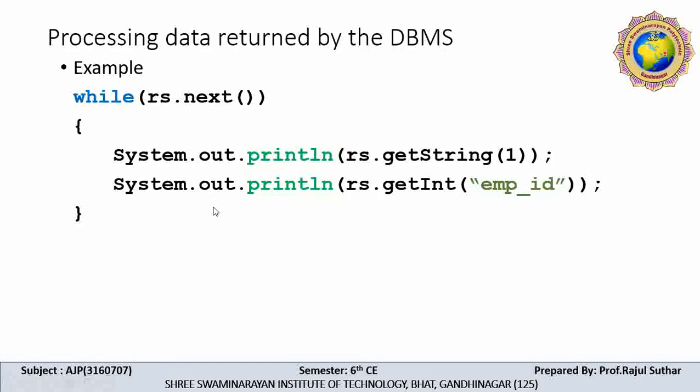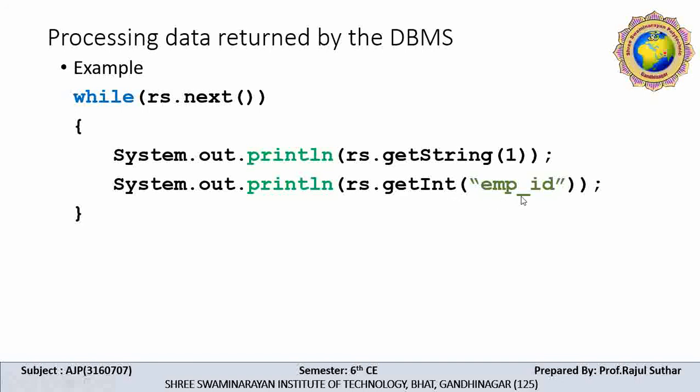Here is one example for processing the data returned by the DBMS. We use while rs.next method, and we simply print the particular EMP ID by using system.out.println. This statement is used with rs.getString, the first column, and then system.out.println rs.getInt.